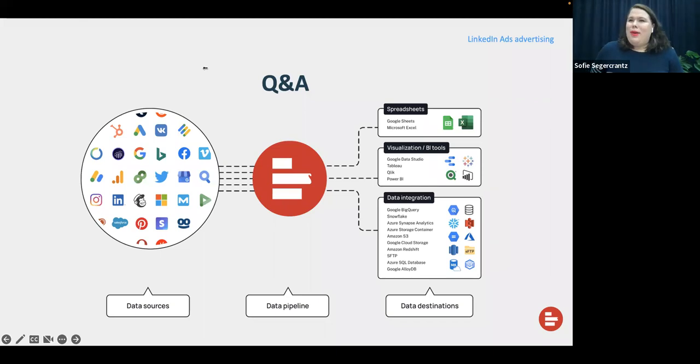Interesting. We have one question about Supermetrics here as well, and that's how Supermetrics could bring more value than Google Analytics. Are there different focus areas, services, etc.? So I would say we're not in any way a competitor to Google Analytics. We're more of an add-on, a different thing. We're bringing data from different platforms, so you can take your Google Analytics data and bring it, for instance, to a spreadsheet, or look at it together with your ad data in the same reports and analysis, or you can take that Google